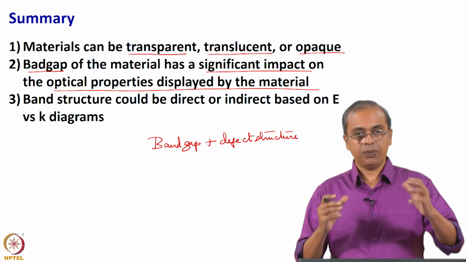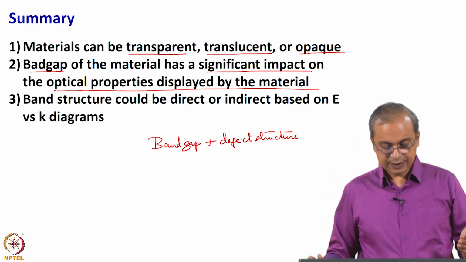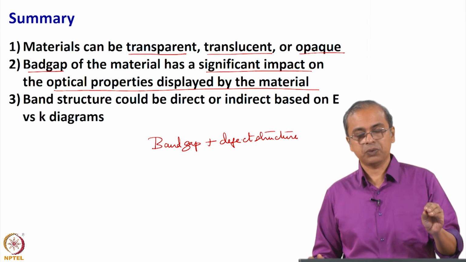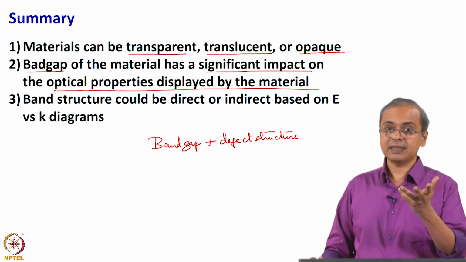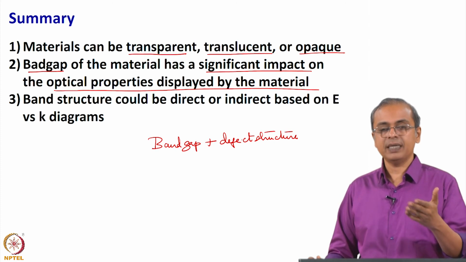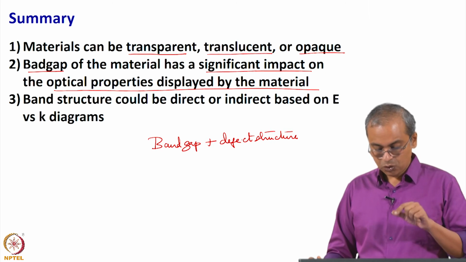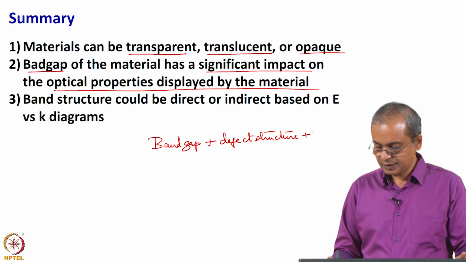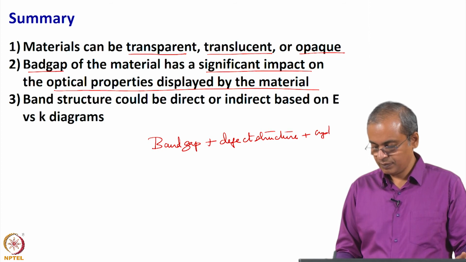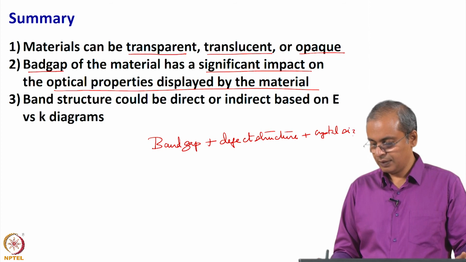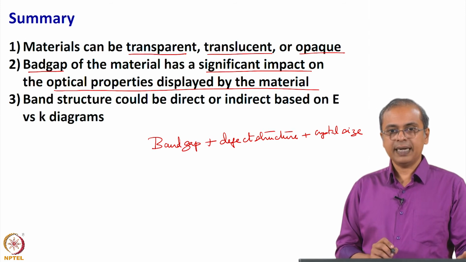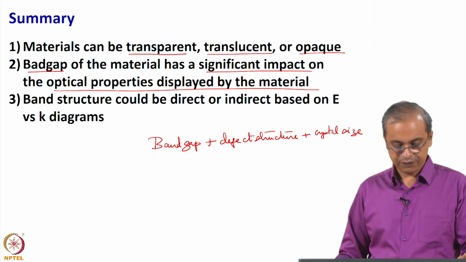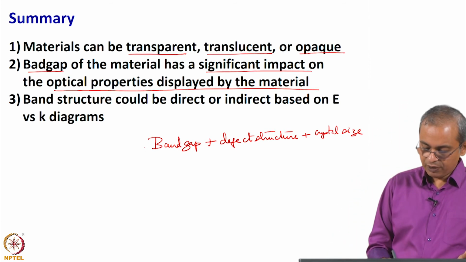So, together they impact the optical properties quite a bit, and the band structure can further be manipulated whether you are in macro size or in nano size, and based on that size you will have a size related impact on the band gap of the material and therefore on the optical properties. So, in reality the full picture is the band gap plus the defect structure plus the crystal size. All three of these together will get us the overall picture that we are interested in of the optical property of that material, and therefore if you take this full combination,